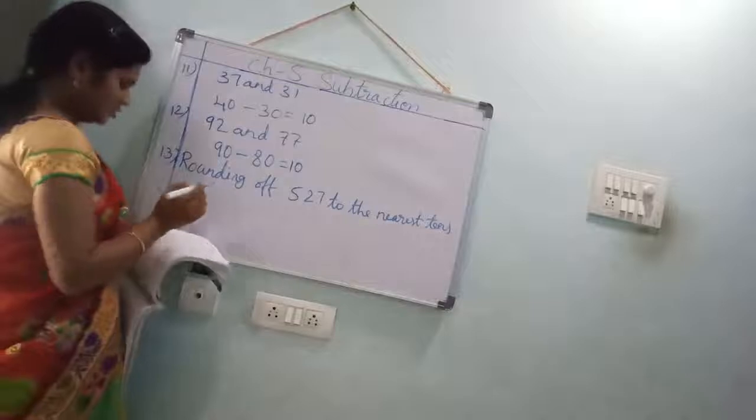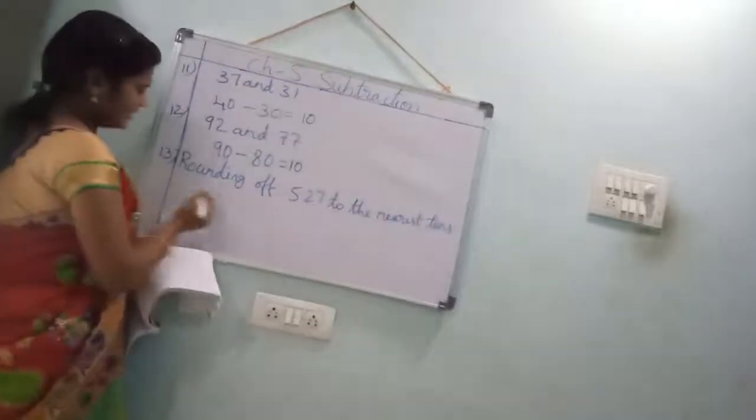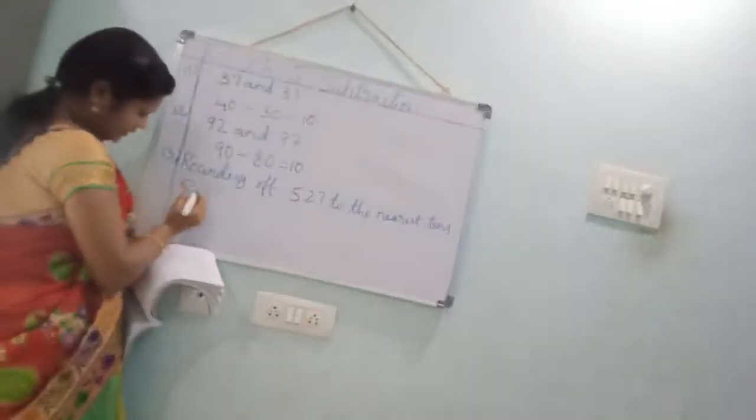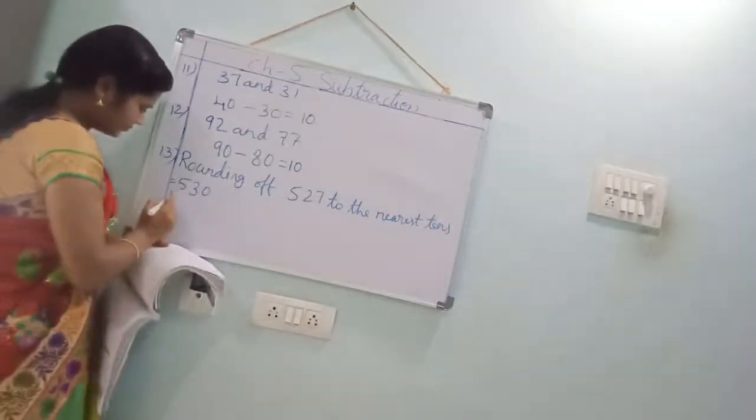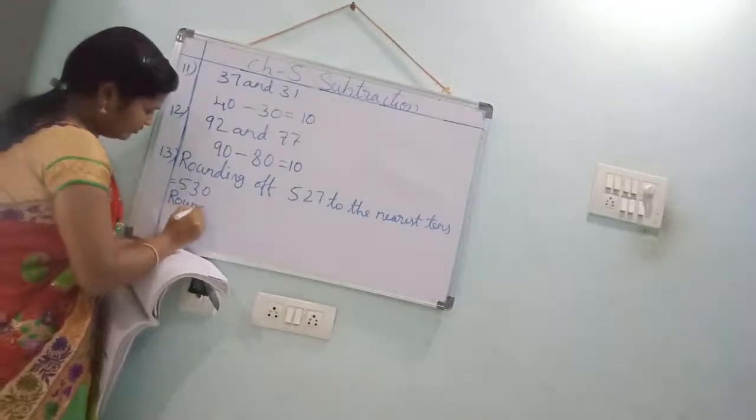See, nearest tens you should do. 527 nearest 530. Again rounding off